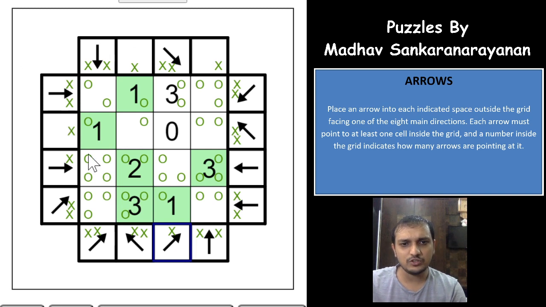This cannot point towards the bottom because 3 is already fulfilled, so this would have to point towards the top again. Now this cannot point towards the bottom, so it will have to be pointing towards the left diagonal, and which means it would have to be this way. And again now, which means that you have fulfilled the 3 now, and this cannot point towards the right diagonal, it will have to point towards the left diagonal, and which means we have completed this puzzle.